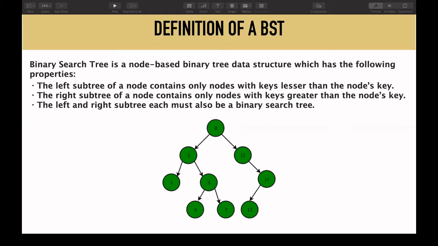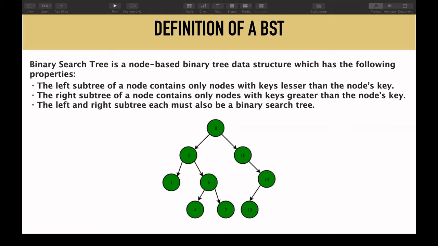But in case of a binary search tree, I'm assuming for now that it is balanced, so if there are n nodes, the height is small. I will tell you later about the worst case scenarios. If it is balanced, then it can do the task in log n, similar to binary search. I'm not sure whether you all know binary search, but if you know, binary search performs a search operation in log n. Similarly, a binary search tree also performs search operation in log n.